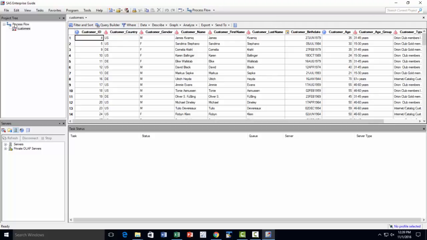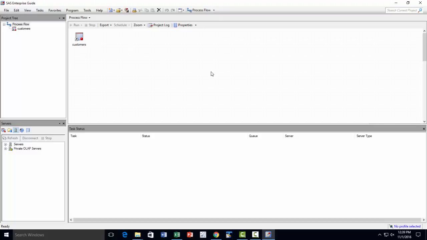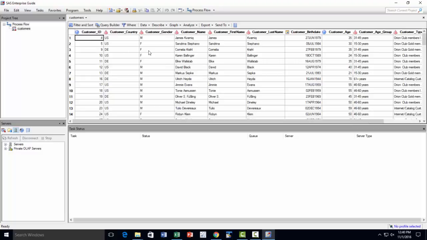Now if you double click that, you will go back to the process flow window. Now you see an icon appears for the data file. So SAS Enterprise Guide has placed this icon there, and that tells us that data is available for us to use. You double click that again and your data window shows up, and here you need to note